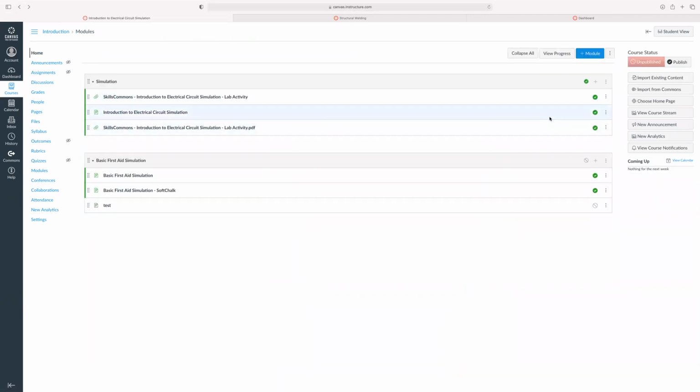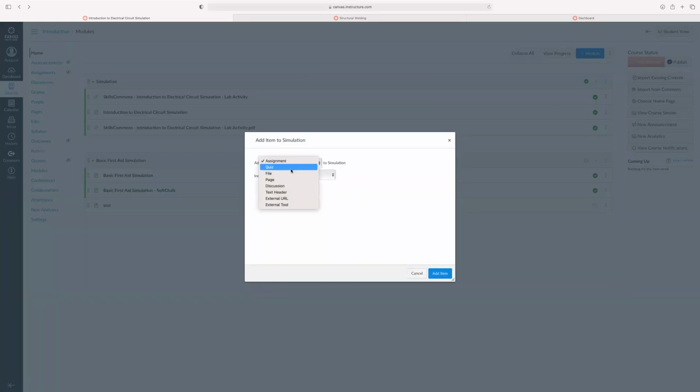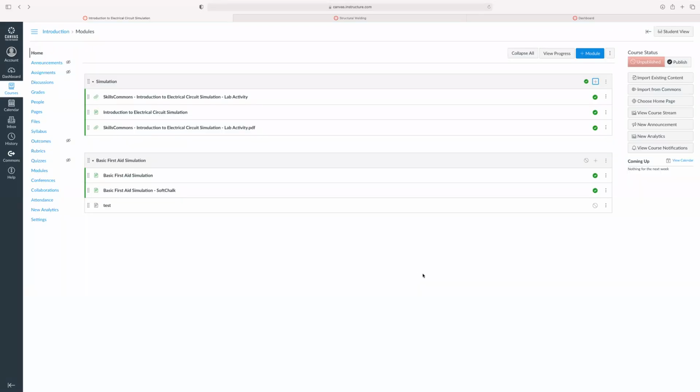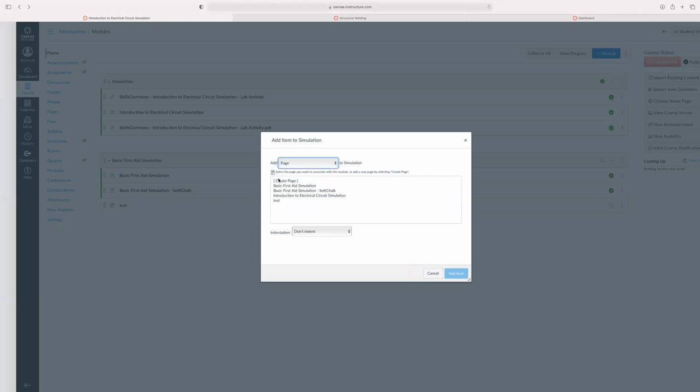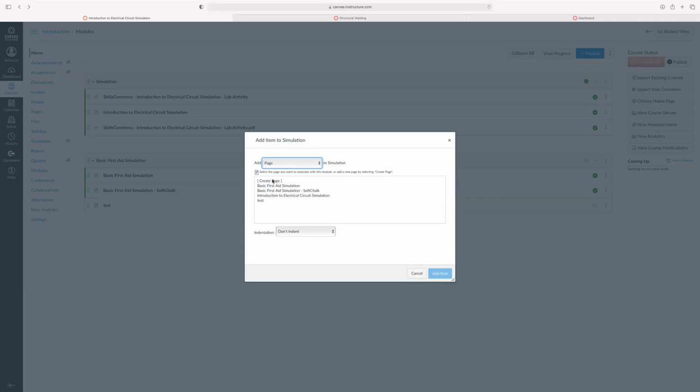Okay, so now I have two. Again, you would just click add under the simulation, and then you pick the type of item that you would like to add. For this example, it's file. All right, so now we're going to actually go and add a simulation. For that one, we want to go ahead and add a page so we can embed the actual simulation in here. So we're going to create a page, and we're just going to call it the Introduction